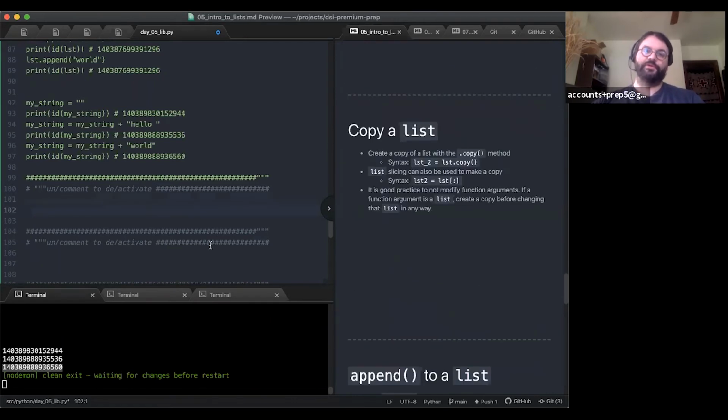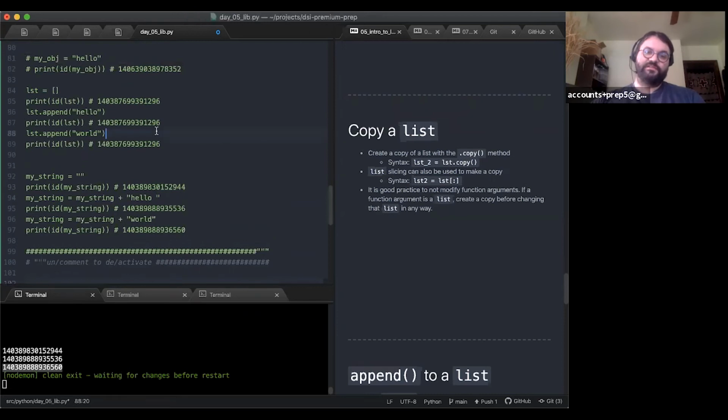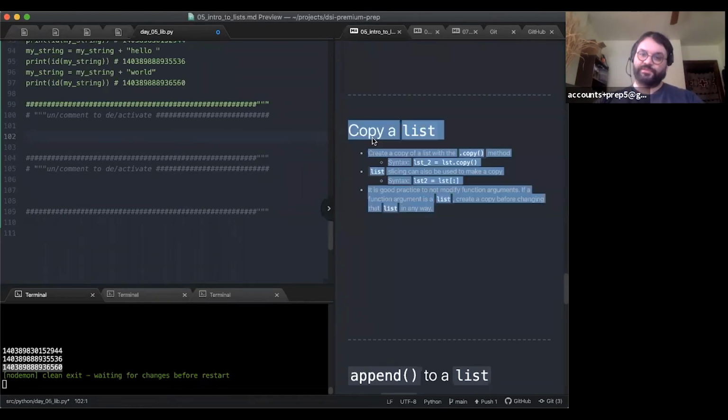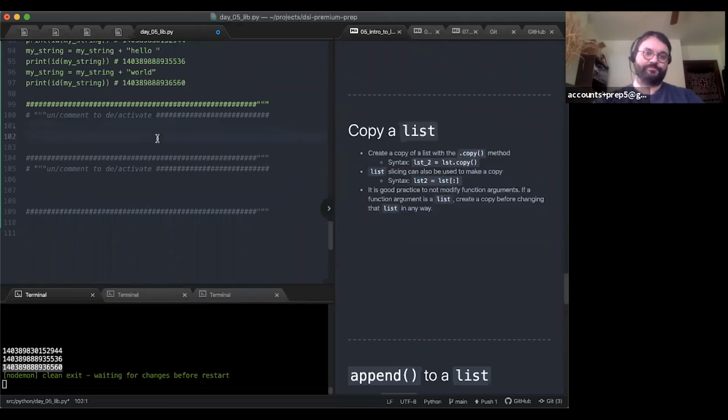Okay, cool. So since we can mutate a list and change its value without changing the list itself, that can get us into a situation where we lose or alter data that we didn't want to alter, right? So it can be really useful to make copies of lists.